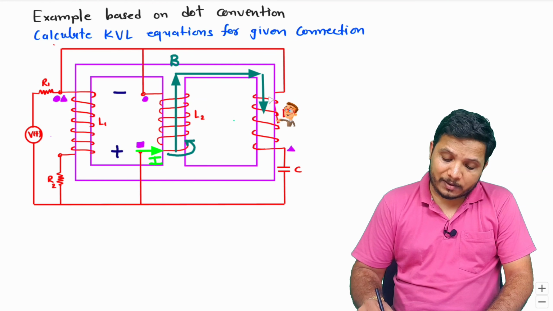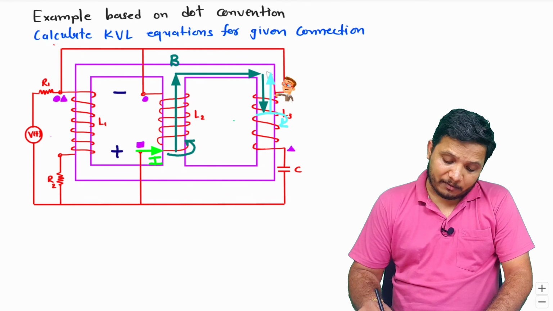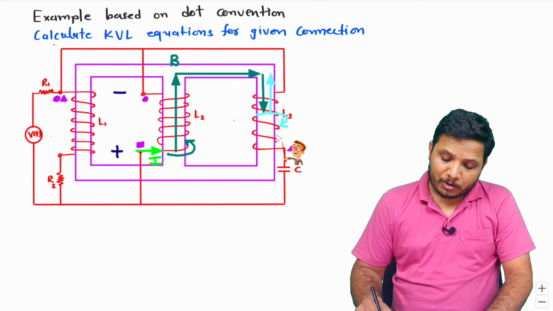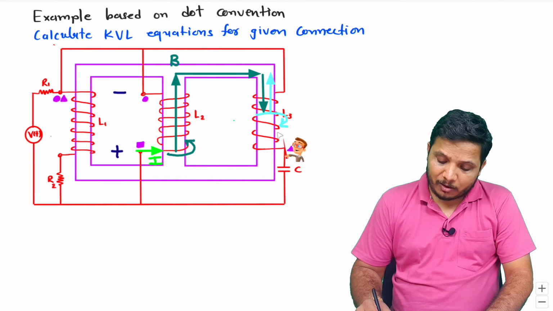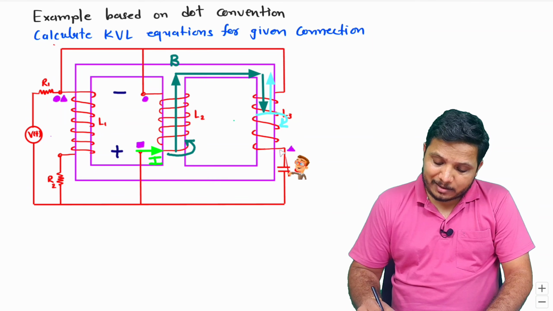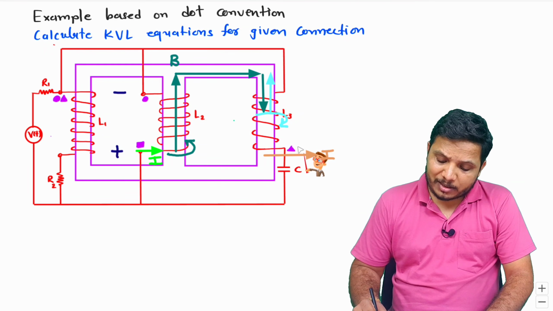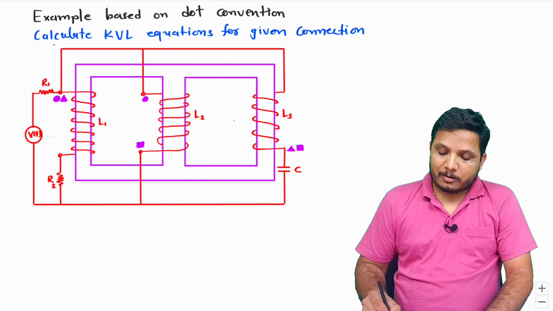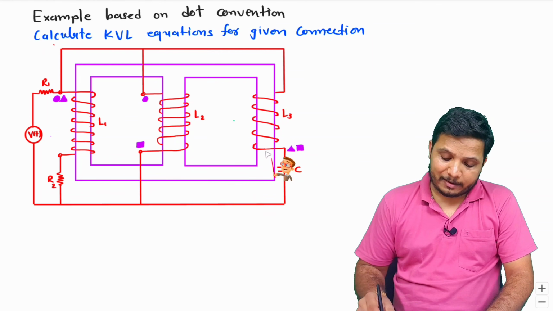So L3 will oppose this magnetic field and it will generate a magnetic field like this. This magnetic field will be in the direction of the thumb, and if you want to find the direction of current in L3, then that will be in this direction. So it will come out from here. So the convention will be here, as current is coming out from here, right? So now you can observe the dot convention here in this circuit, right?